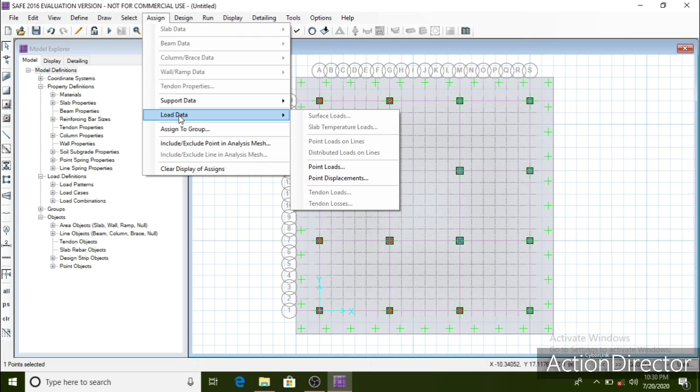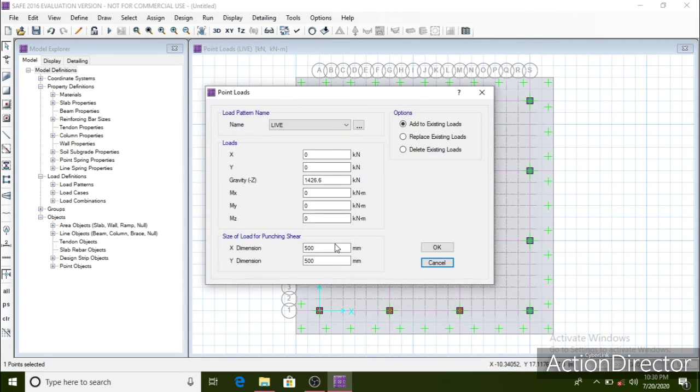Column number 10 is of dimension 600 by 600 mm. So change this to 600.